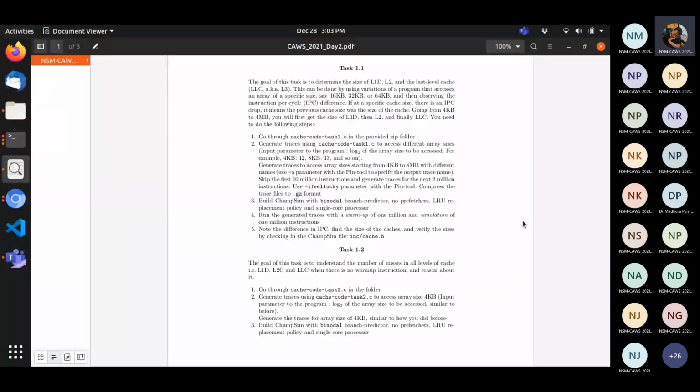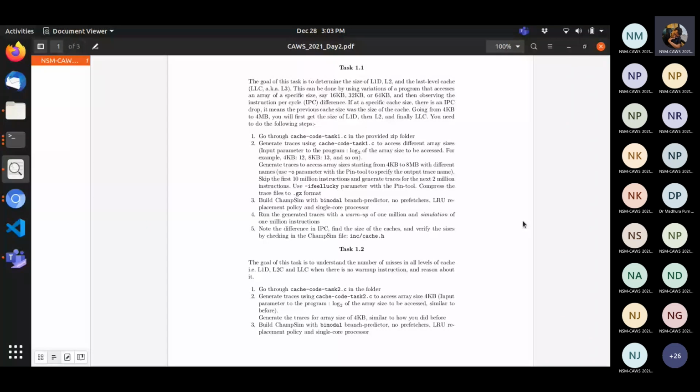That part is completely different from the simulation part. We are doing simulation because we can't create a chip to check whether, for this data structure, this cache will do better or worse. So for the first part, you have to just generate traces for different data structure sizes, 4 KB, 12 KB, whatever.